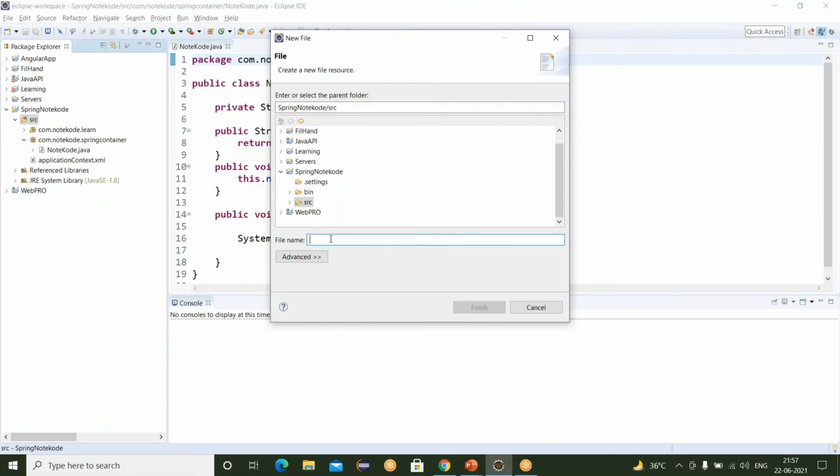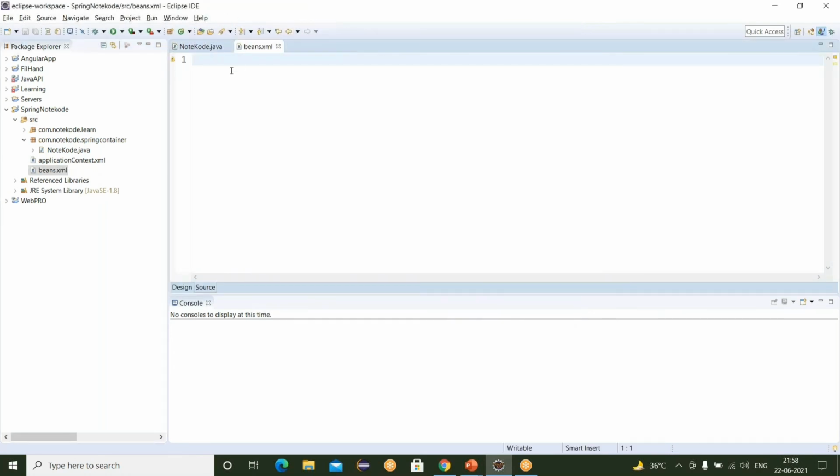Let's say I'm giving the name as beans.xml. So our XML file is created. For the configuration syntax, I already discussed in our previous session, Spring setup and installation. But if someone is attending our session for the first time, I am doing the same again.